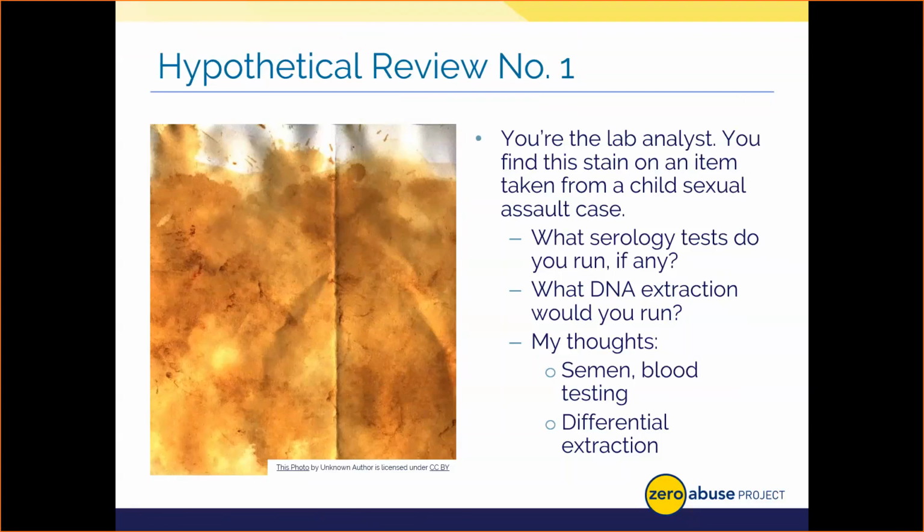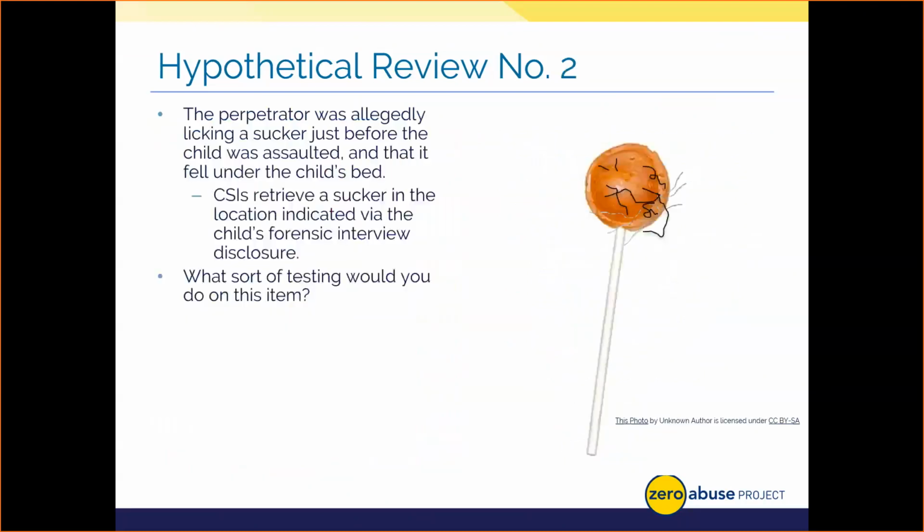Now, in terms of the DNA, I mentioned extraction. We went through that pretty quick, so it's okay if you weren't sure here and I didn't see any responses in the chat. Given that this is a sexual assault and given that I know with differential extraction, I can pull out semen and the victim's potential epithelial cells and create two different profiles, I'd go ahead and do that and try to make it easier on the front end, as opposed to finding out I have a mixture and trying to deconvolute it through back end steps. I think that's just a much more informed way to do this. So good job. Let's go ahead and look at a second hypothetical.